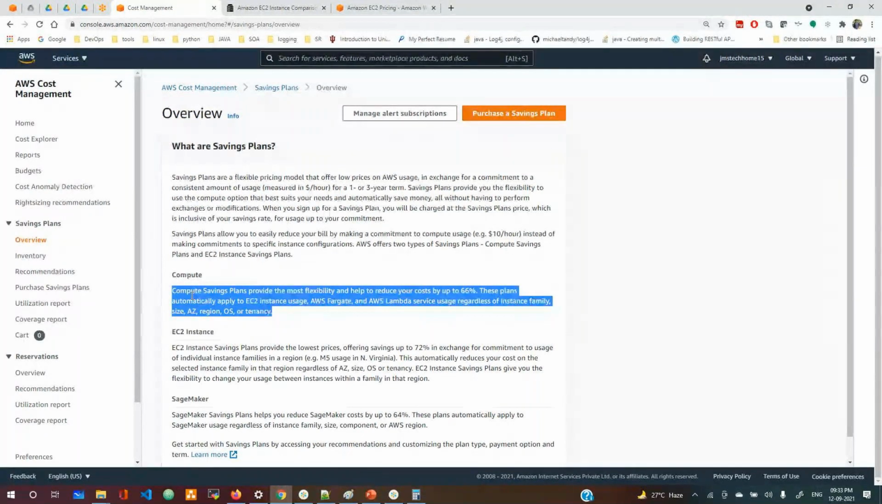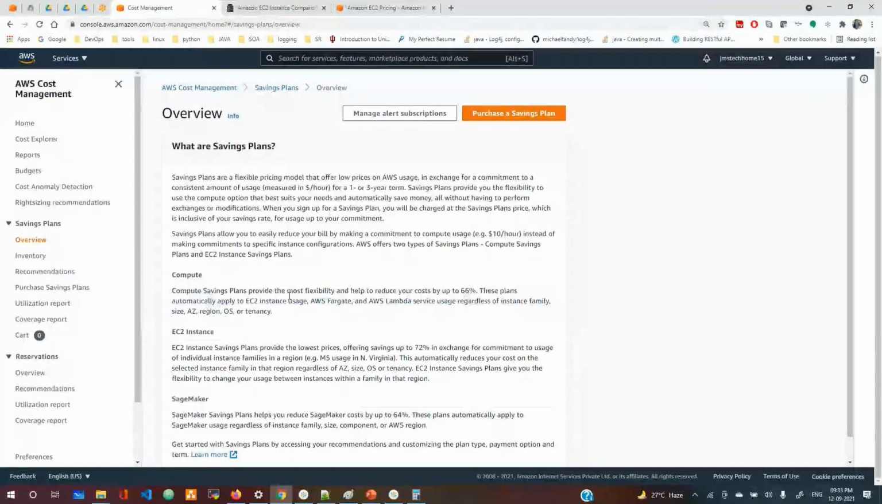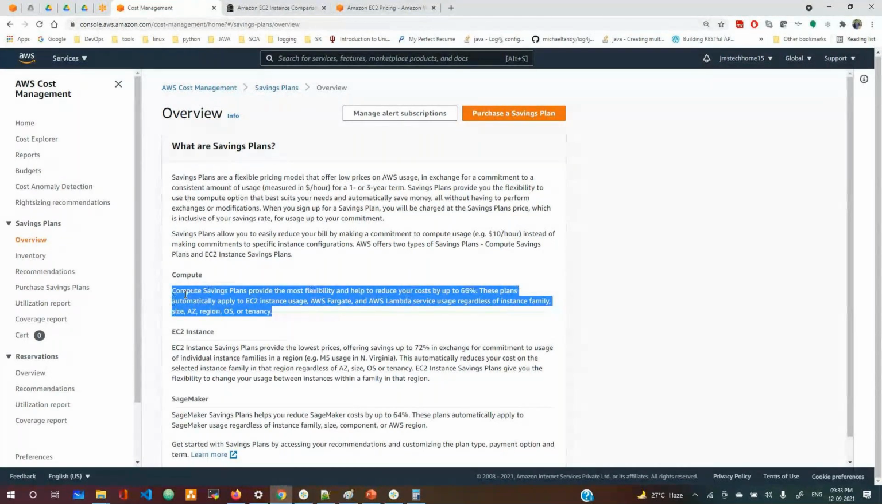We can save a lot of money this way, but you need to pay immediately. They have three options: partial payment, full upfront, or no upfront. Based on a 1-year plan or a 3-year plan, the cost will be lower for you. If you go for purchasing savings plans, if you see